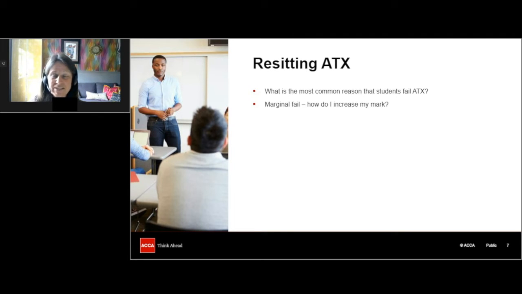So between now and the exam, you've got a couple of weeks, practice questions, and if you find that you do a question and you can't answer it, then that should highlight any gaps in your knowledge so that you can then go back and look at your notes, look at the technical knowledge and try to build that up. So try to practice as many questions as possible, as broad a range of subjects as possible, and use those resources from the ACCA's website to help you.